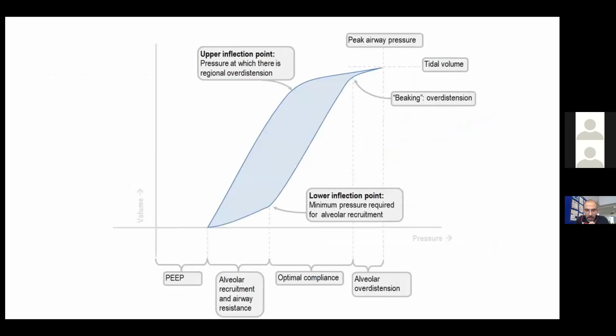So let's have a look a bit more at this curve. Again, the lower line is the line in inspiration. The higher line on the top is the behavior in expiration. So we have two different points here, the lower inflection point and the upper inflection point, which are the most important ones. If we have a look at the lower inflection point, this is, if you take the example of a